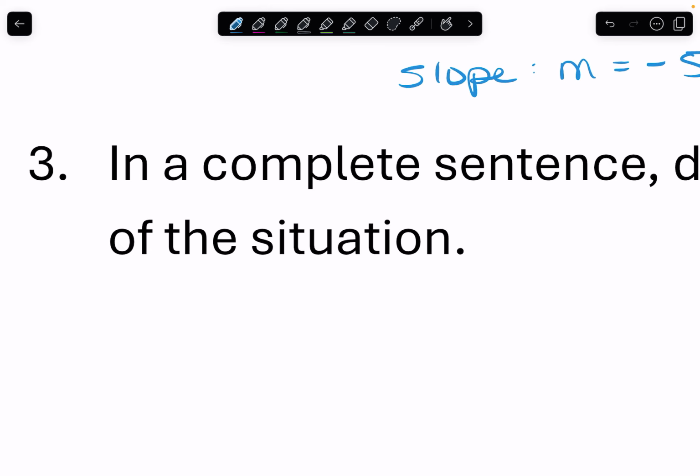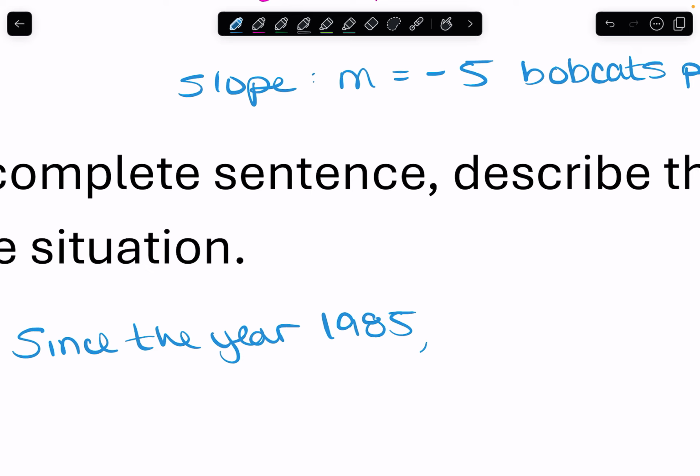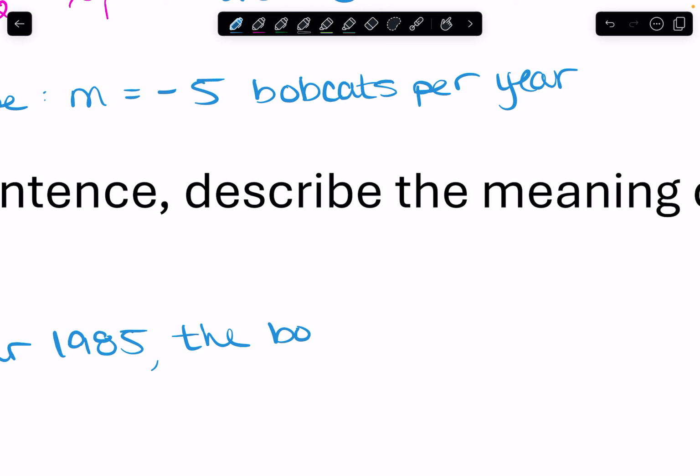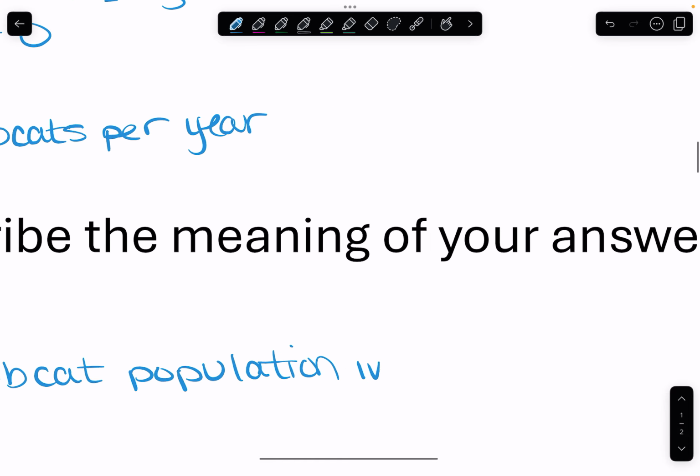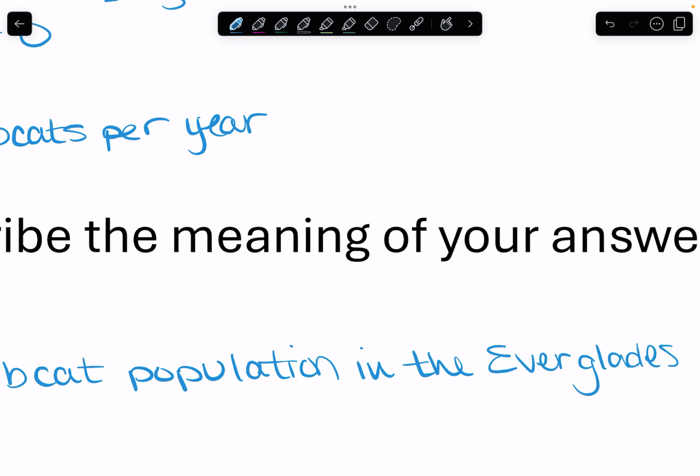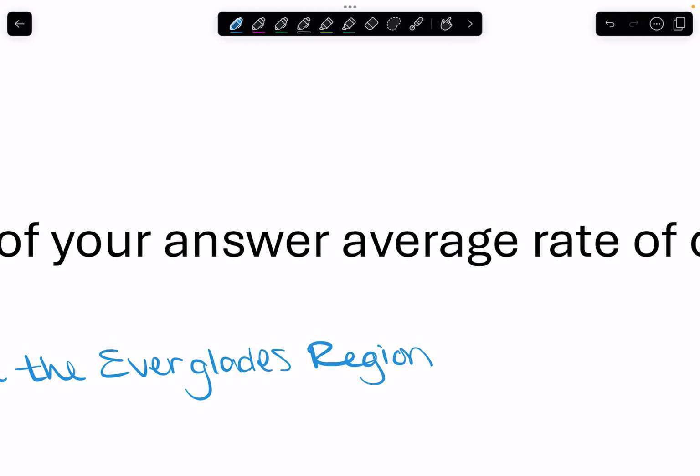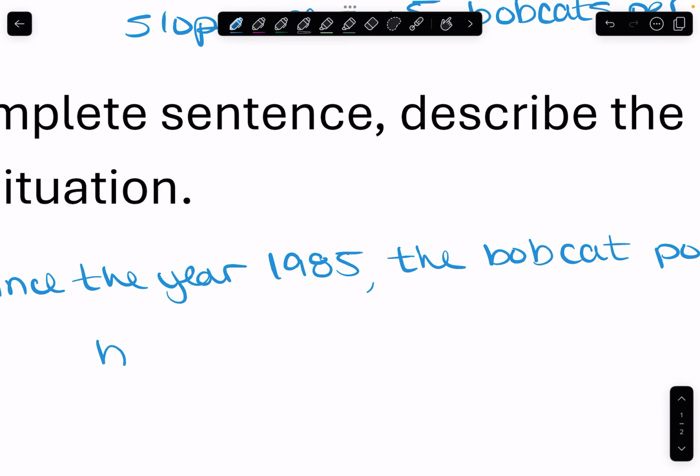Remember our time is years since 1985, so I'm going to say since the year 1985, the bobcat population in the Everglades region, because that's the only place it's tied to, has been decreasing, because it's negative,